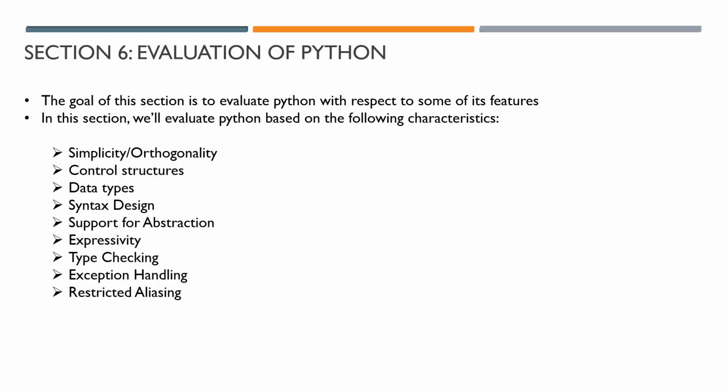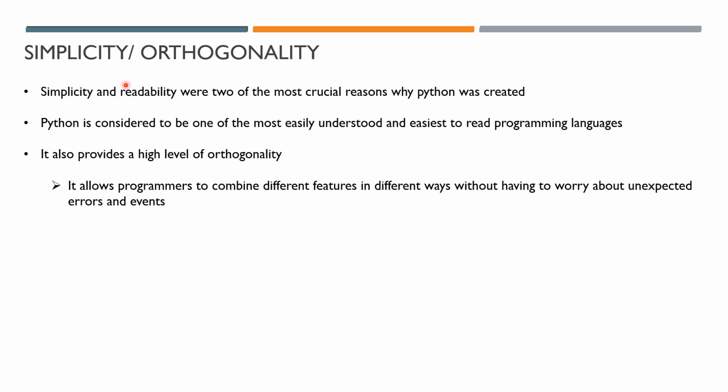Evaluation of Python in section 6. This is telling us the goal of this section, which is to evaluate Python with respect to its features, because Python has so many nice features compared to other languages like C++ and Java, which are more complex. So we're going to dive into all of these features that Python has that make it stand out compared to other languages. First, we have simplicity and